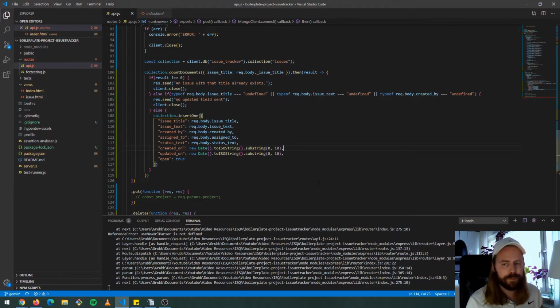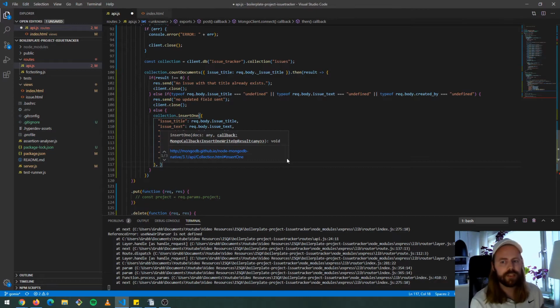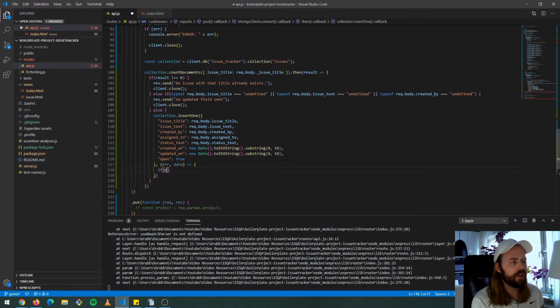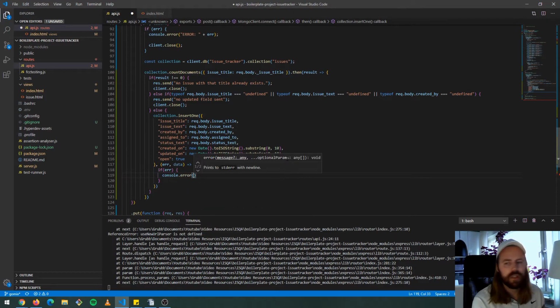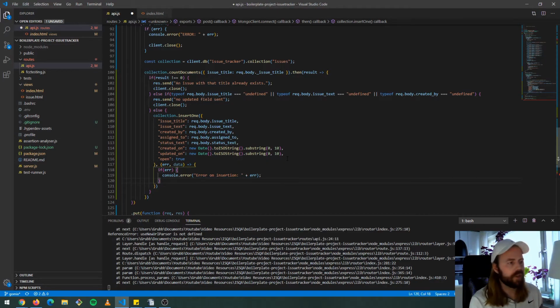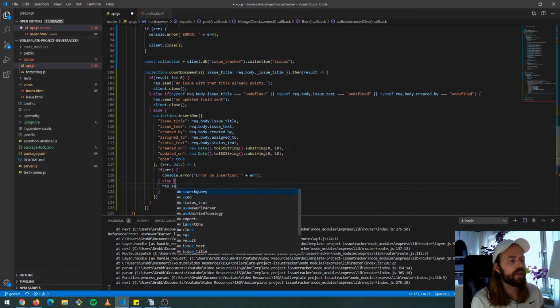After that though, after this curly bracket, we want to add something else. So in here we're going to add error and data. And if we have an error, then we do console.error, error on insertion plus error. I don't really know why we would get an error here, but if we do, we want to log it. We shouldn't really get an error here, I think, since we shouldn't really get this far if we have an error. Anyway, we should have a result send here with